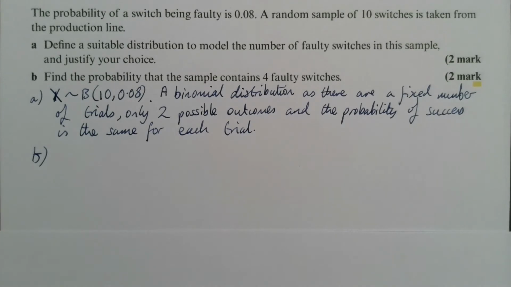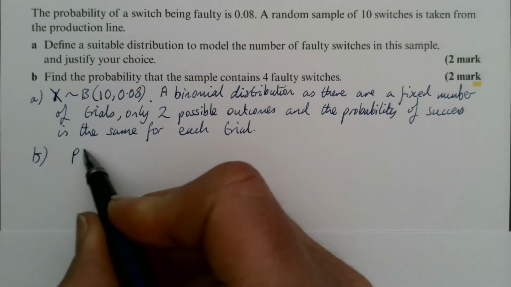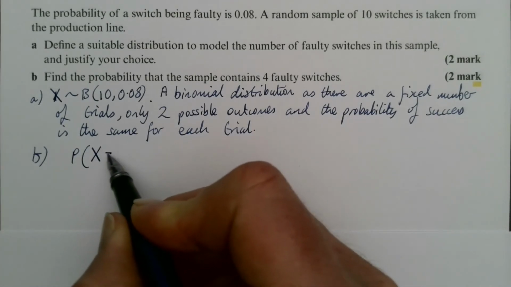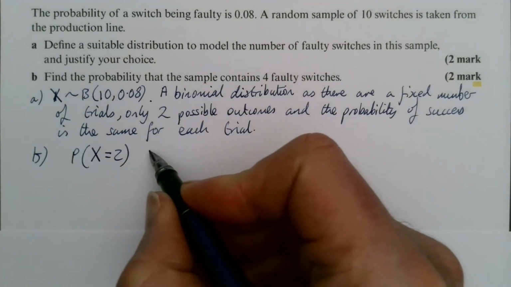Now we come to the real part, the probability that the sample contains exactly 4 faulty switches. So we're going to use this, aren't we? And we're going to say the probability that x equals 4, we get 4 faulty switches, is going to be 10